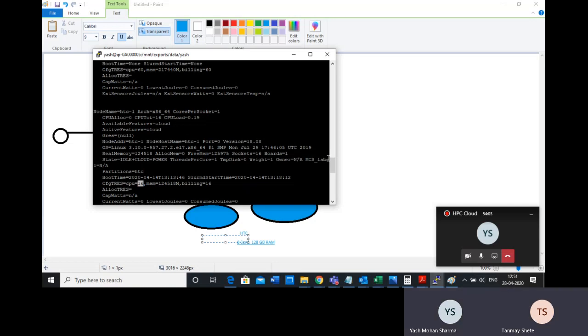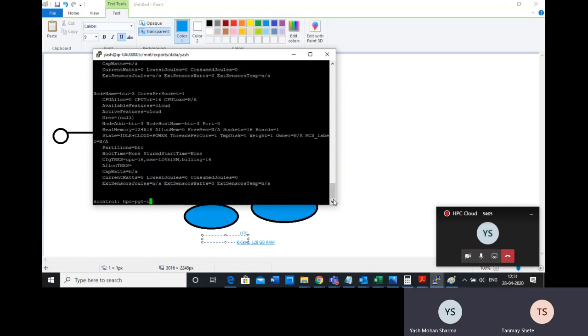Okay. So this is the way you can see the number of nodes and its details. Now again, I briefly said that every job has a state, whether it is pending in the queue, whether it is running, or it is complete, finished, and everything.